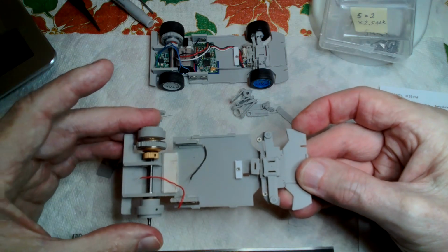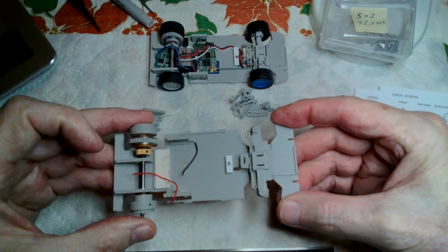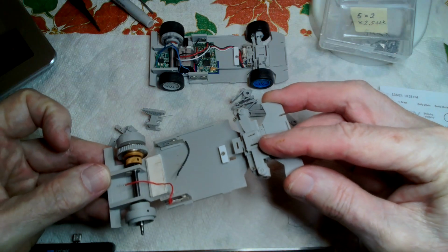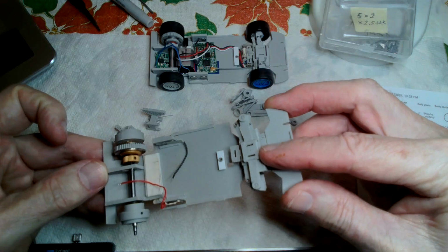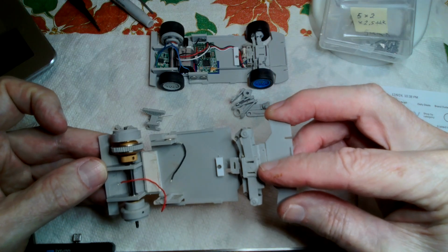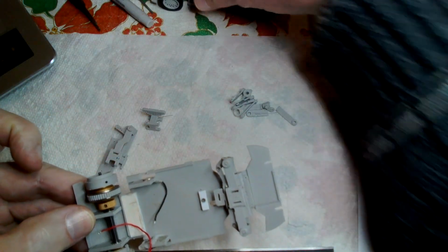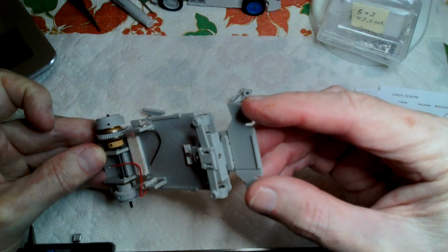The other half to building or converting a 30-second scale slot car to RC is the front end, where you need to have steering, you need to have a suspension, and tonight I'd like to explain what I've done to build the front end. So, to start with, this actually, my adventure into trying to design this